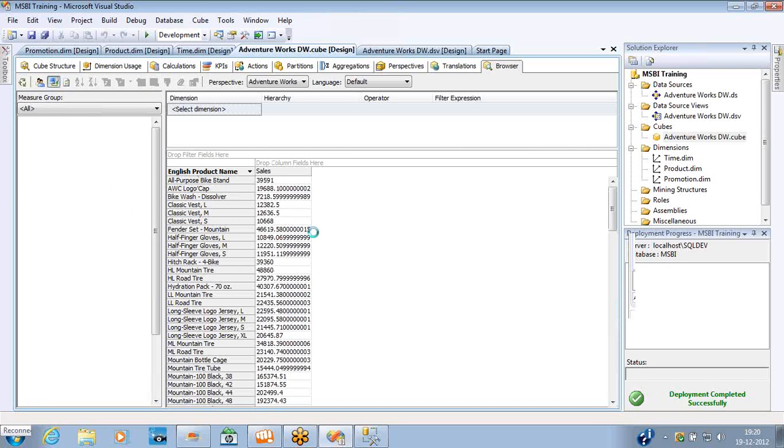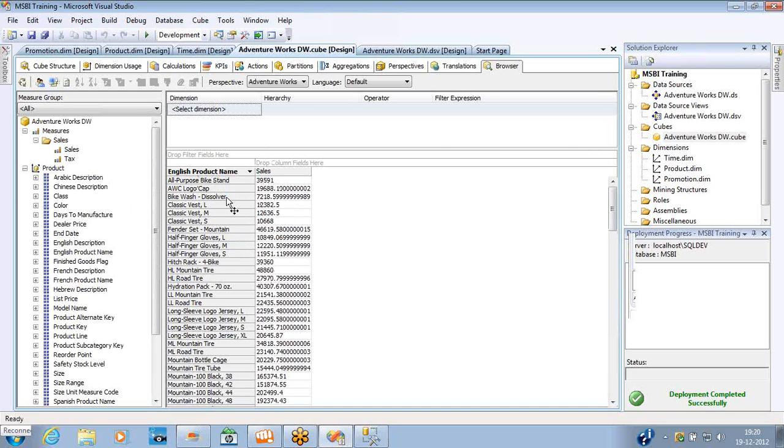You can see the data is properly segregated for each English product name. So this is how, now this has some meaning. If anyone asks me what is the sales of Classic West, yes, I can say it is $10668. Earlier, it was not the same, right? It was giving duplicate records, so I was not able to figure out what is the exact sales of a